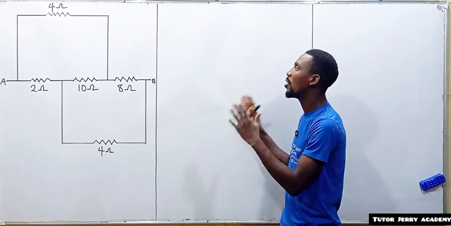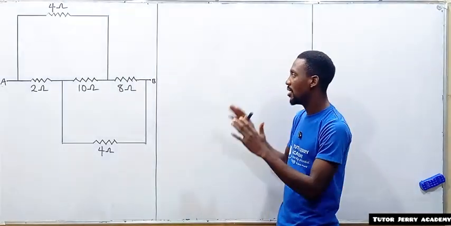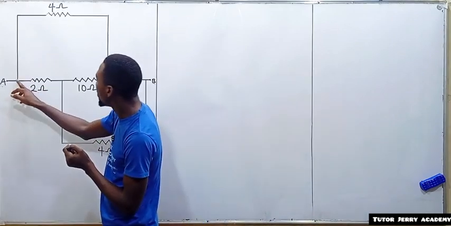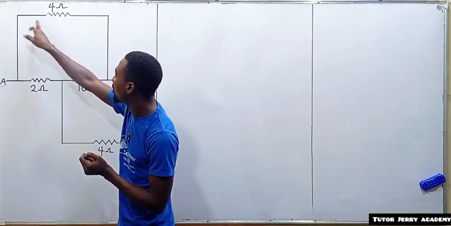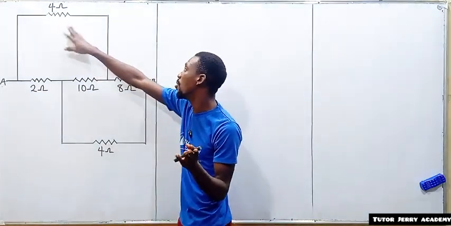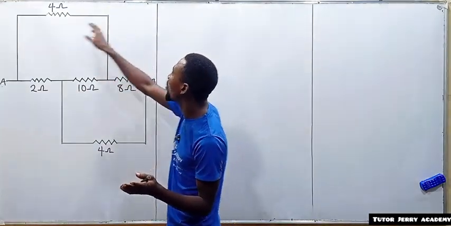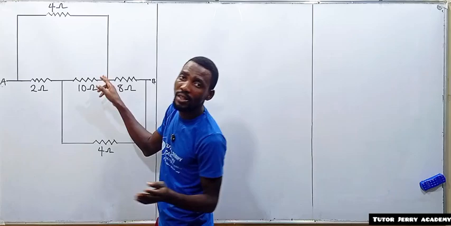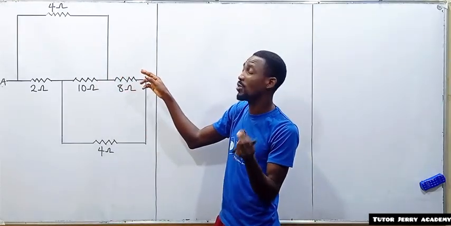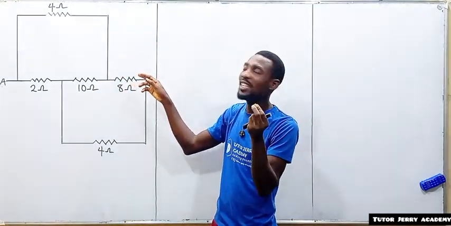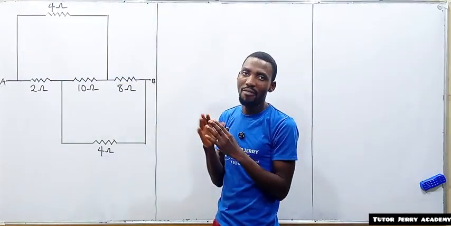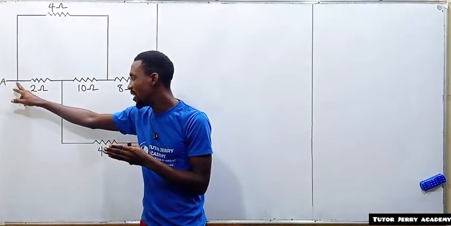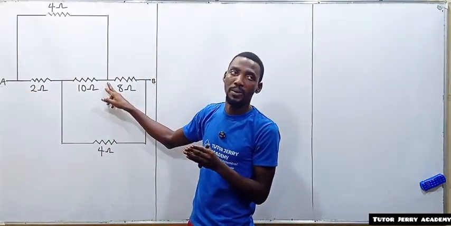All right, so for us to solve this question properly, you are going to observe that this wire here is short circuit here and it's connected to a resistor of 4 ohms. Had it been we don't have a resistor here, this wire will have been called an ideal wire. And you know that every point on an ideal wire will be same. That is, if this point here is point A, this point here will also be point A because it's an